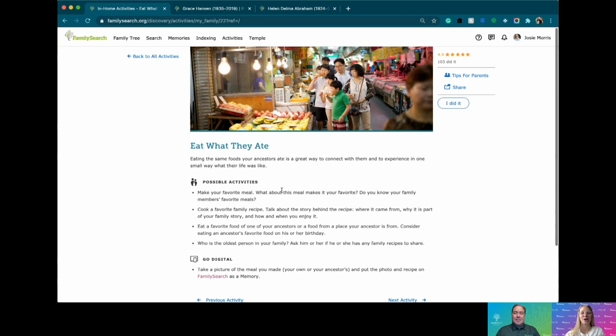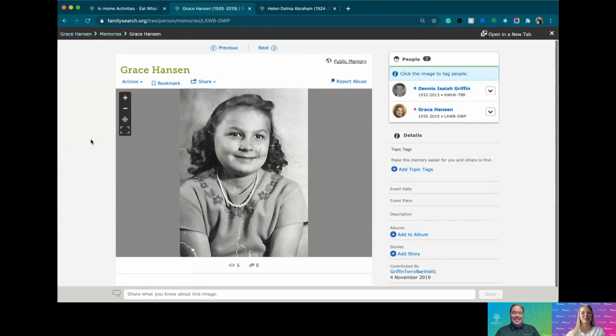And so you can prepare a favorite meal with a family. You can all get into the kitchen and cook some things. And actually, this one hits close to home with my family because growing up, we called my grandmas not by their first or last names, but we made up a name and we called them the roll grandma and the ice cream grandma. That is awesome. Yeah, so this was the ice cream grandma.